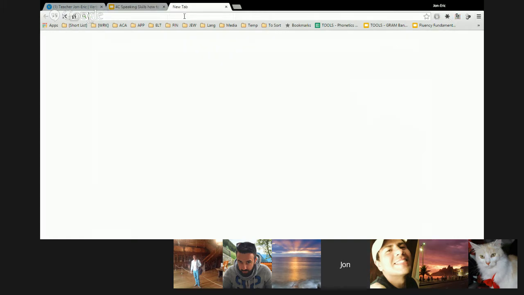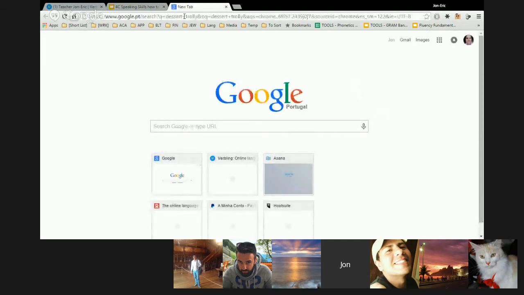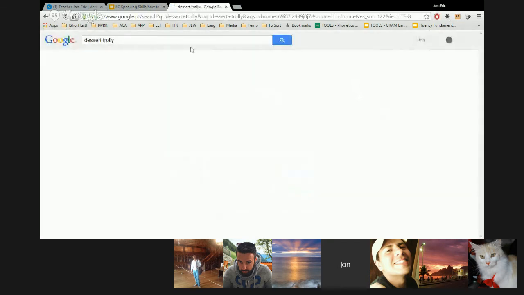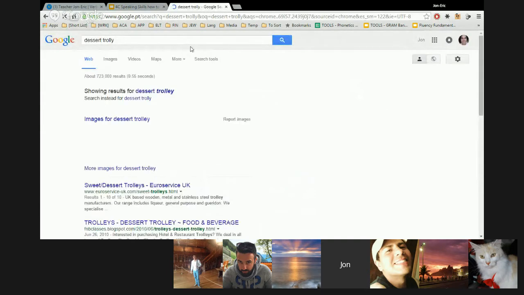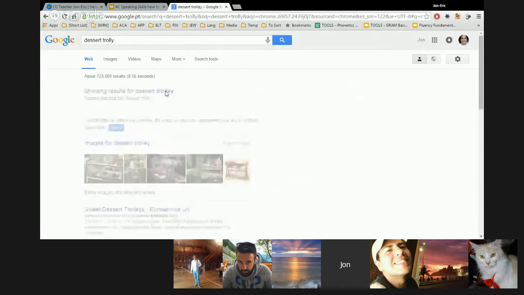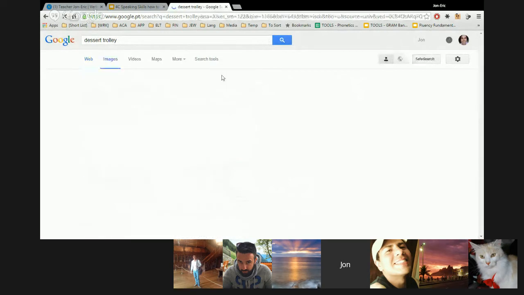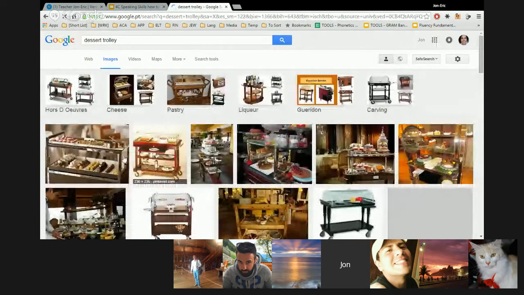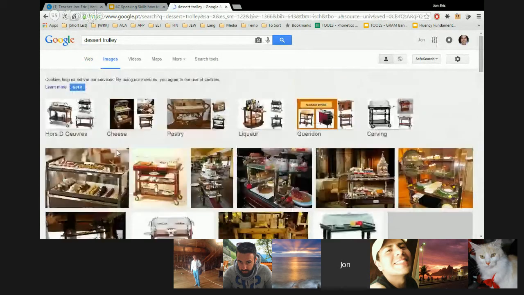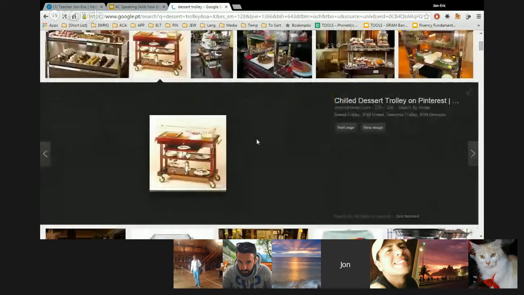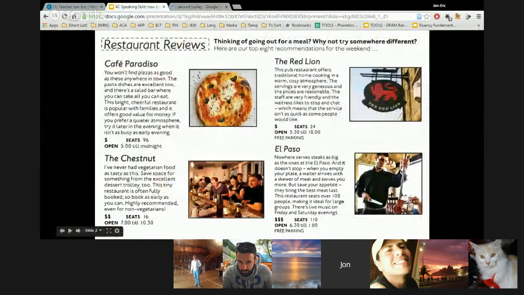Actually, instead of explaining it, why don't I just show you? Because a picture is worth 1,000 words. So, of course, I think I just spelled trolley wrong. Sorry about that. As I said, I'm occasionally dyslexic. Only when it matters. Oh, look at that nice dessert trolley. Can you see all those? Yes. Now you know. Dessert trolley. Nice. Yum. Okay, very good. We're running out of time here, so let's move on.